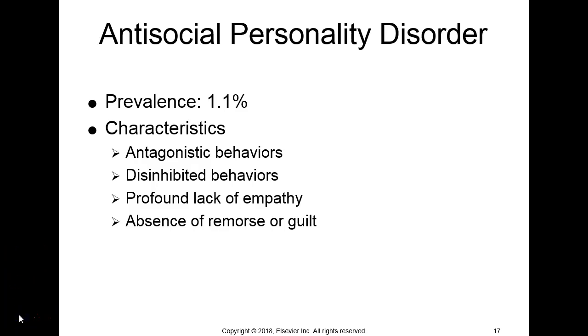So unfortunately, many times these types of personality characteristics are actually evident as a teenager, but the actual diagnosis is reserved for adults. But there is a childhood disorder that we'll talk about when we get to the childhood and teenage learning plan. When we get to that one, we will talk about one of those childhood disorders that's actually kind of a precursor to this antisocial personality disorder in adults, but you don't need to know about that right now. But basically, they just have an absolute disregard and violate the rights of other people.